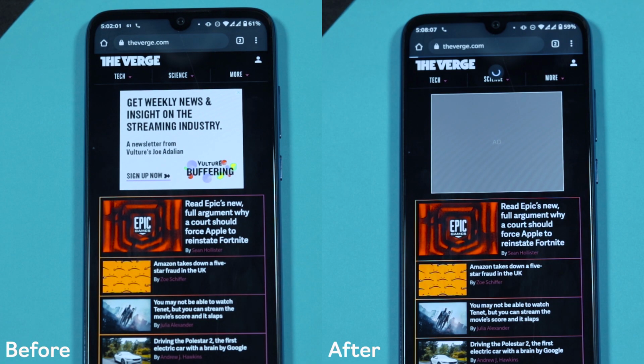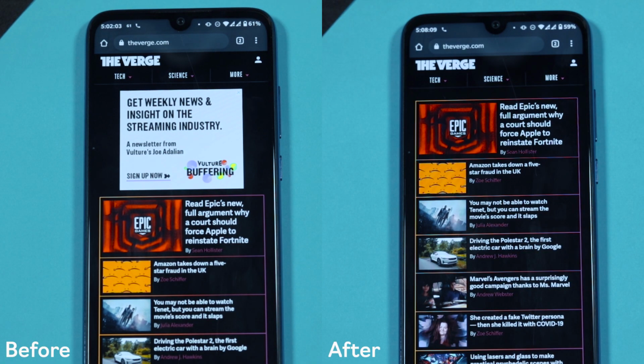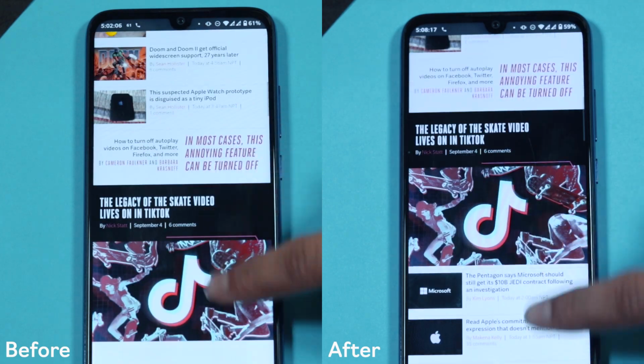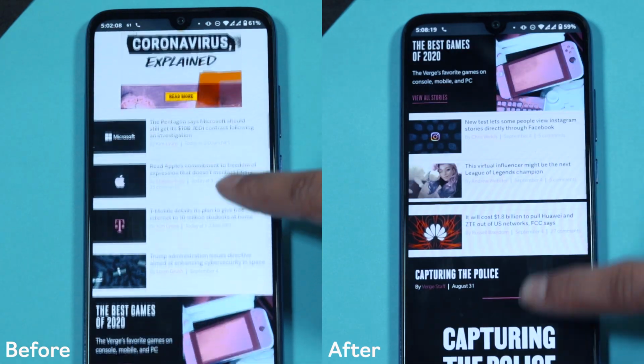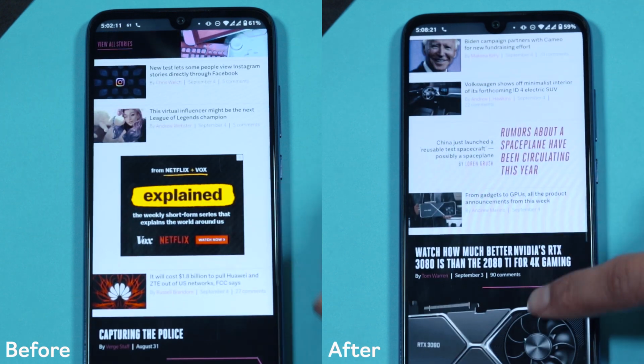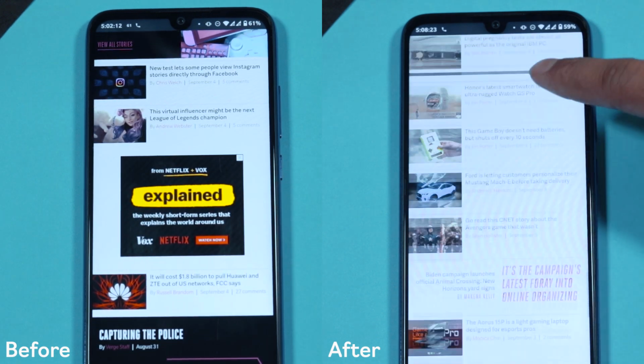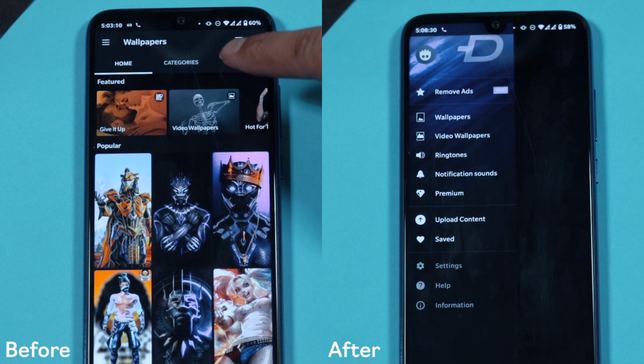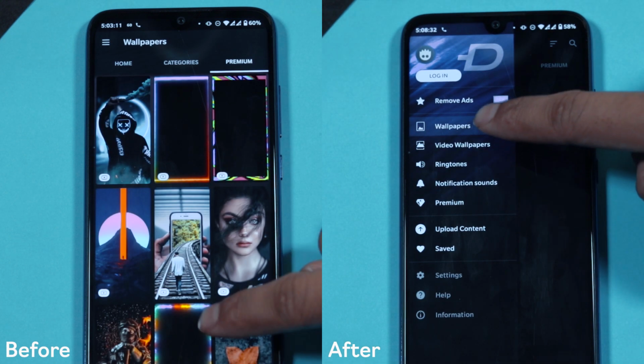Here are some of the examples of before and after. The left one is of before and the right one is after applying the packs. Since it blocks the ads from the host, the ad will also be removed from the mobile apps and games as well.